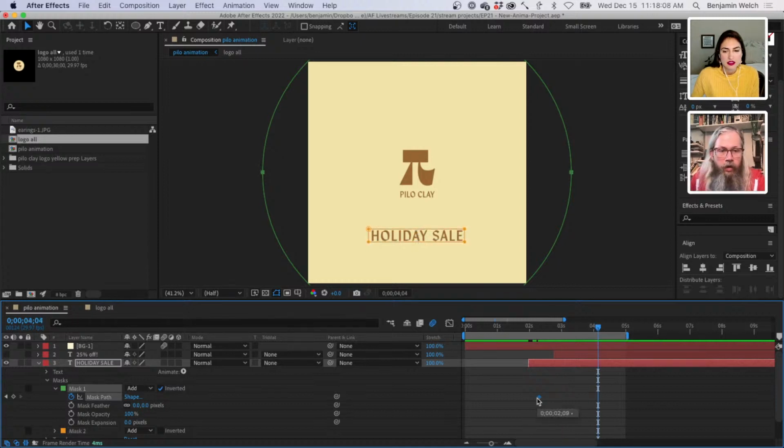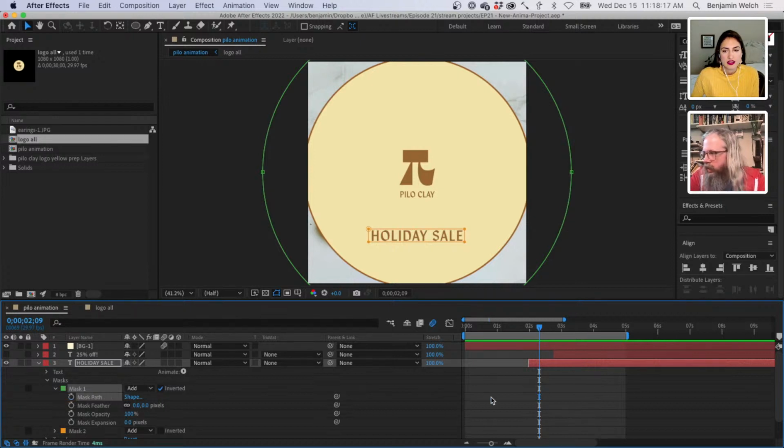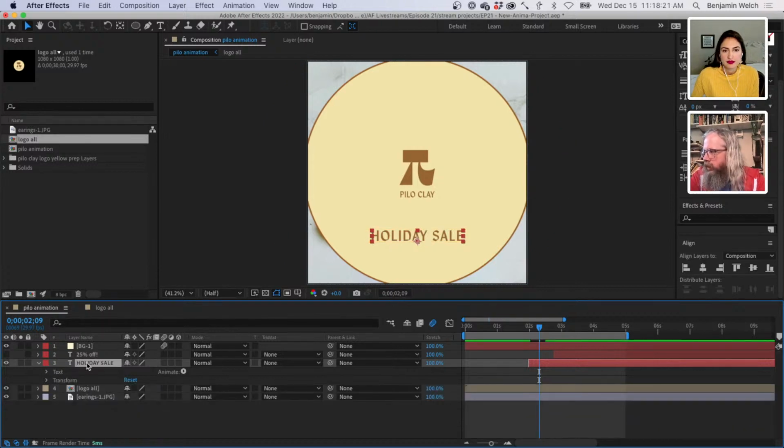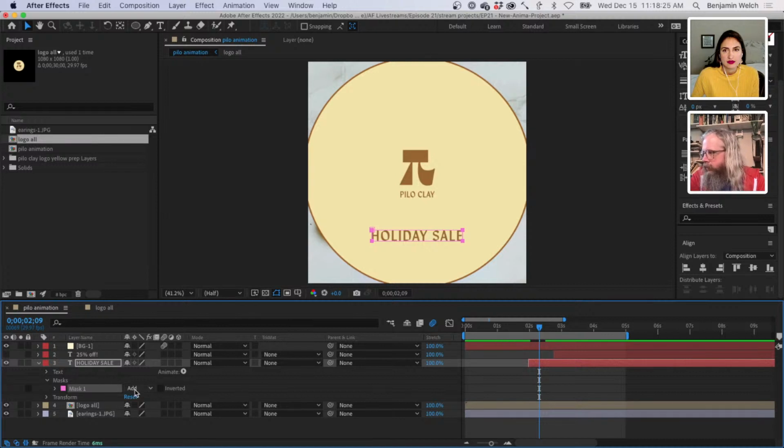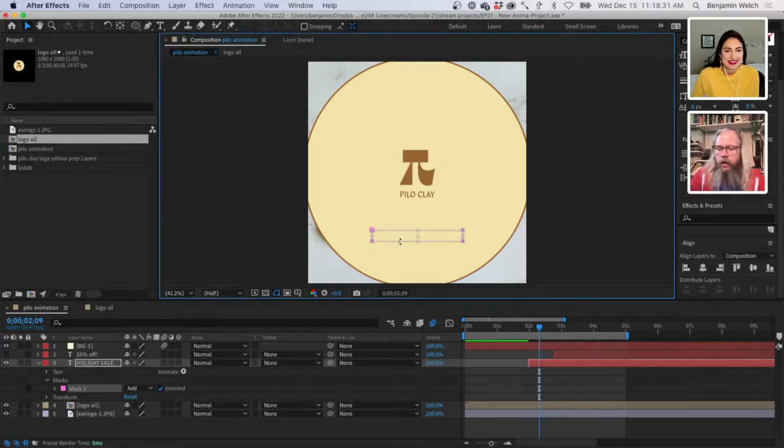All right. Cesar says instead of moving it, try to scale it. Okay, that sounds like a possibility. Let me just delete that keyframe. I'm going to start again with this mask. Okay, new mask. Yes. It's never easy doing it live. No, and despite all of my prep,